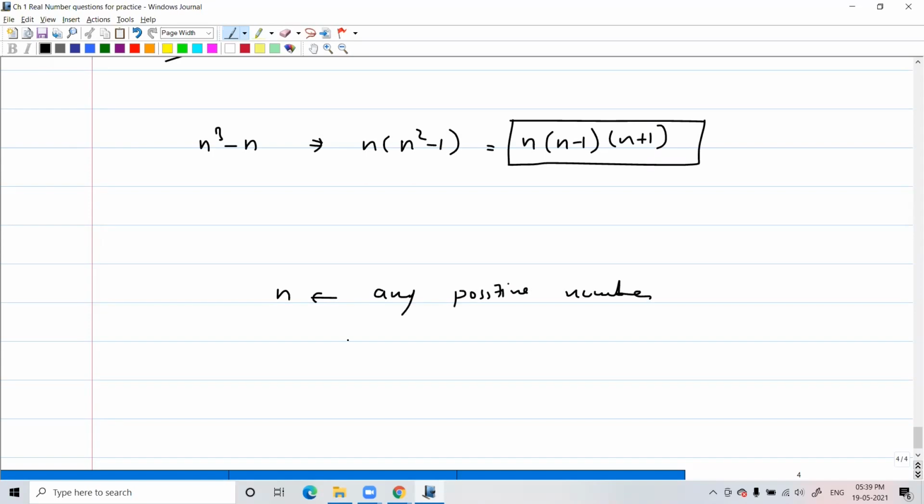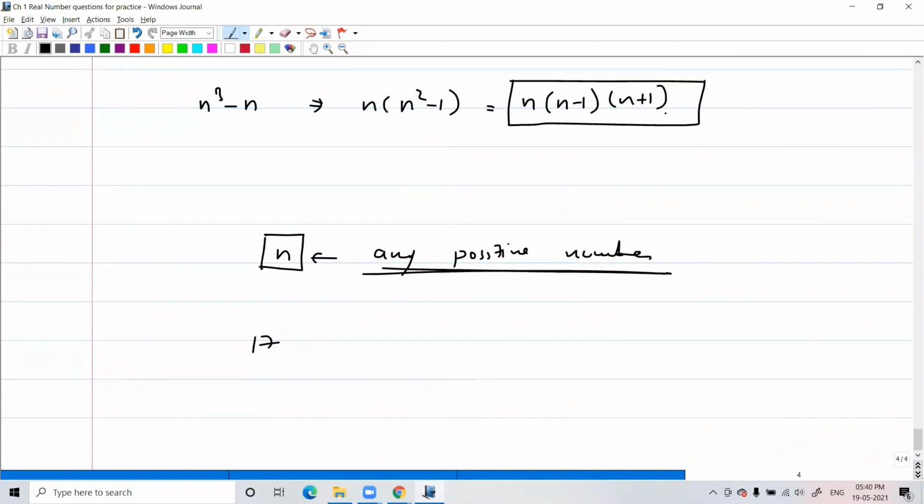So now, for example, let's see whether it works out or not. I don't know. Maybe I'm just not seeing it through. Maybe I may be also wrong. Let's check it out. Okay. So they're saying that n is any positive number. So let's take n is equal to 17. Okay. So I was saying we have to check whether n cube minus n is divisible by 6,